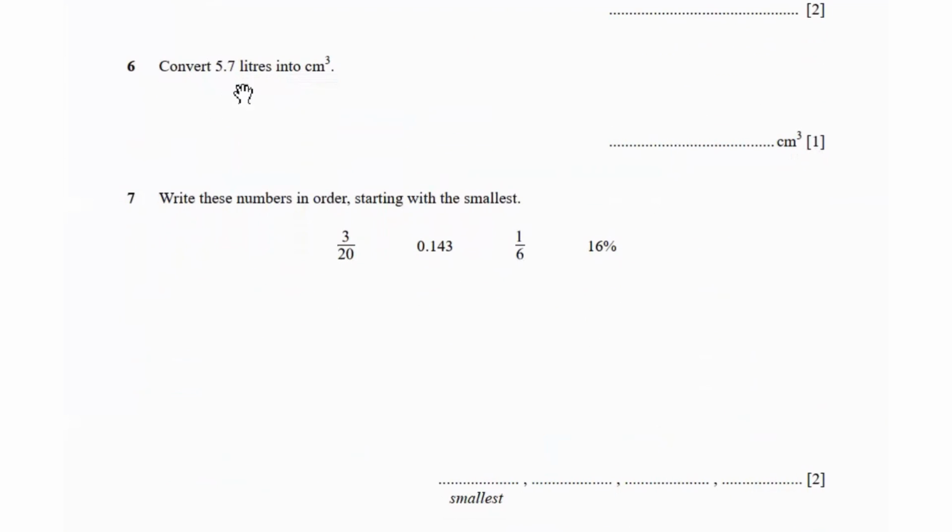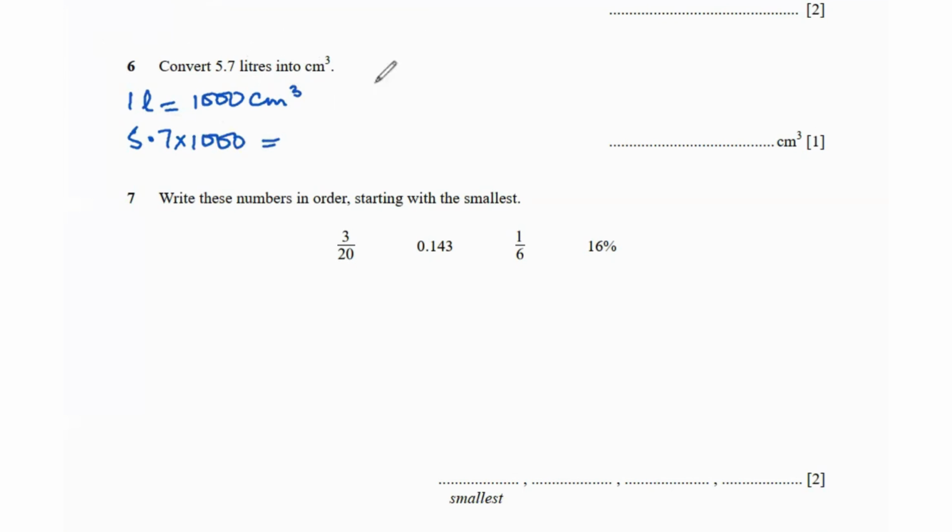Question 6 says convert 5.7 liters into centimeter cube. 1 liter equals 1000 centimeter cube. You need to be aware of your basic metric conversions, the conversion between kgs to grams, kilometers to meters, centimeters, millimeters, and liters into centimeter cube as well. So if 1 liter equals 1000 centimeter cube, 5.7 times 1000 would give us the value of 5.7 liters